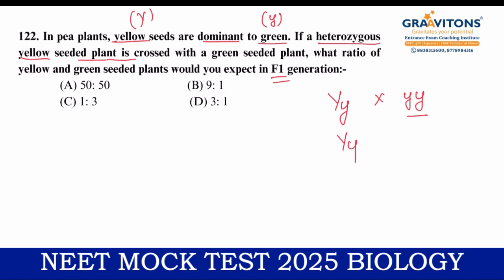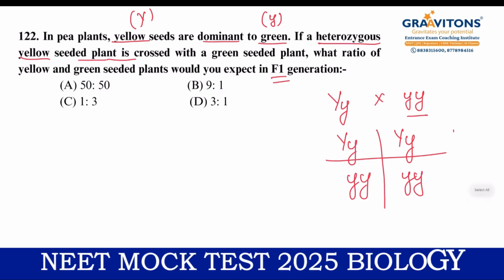So if we perform the cross, the answer will be, equal amount of yellow seeded plant and equal amount of green seeded plant we will be obtaining. So the answer for this question will be option A. So any monohybrid test cross, we can directly go for this ratio if the plant given is heterozygous. Yes. The next question,